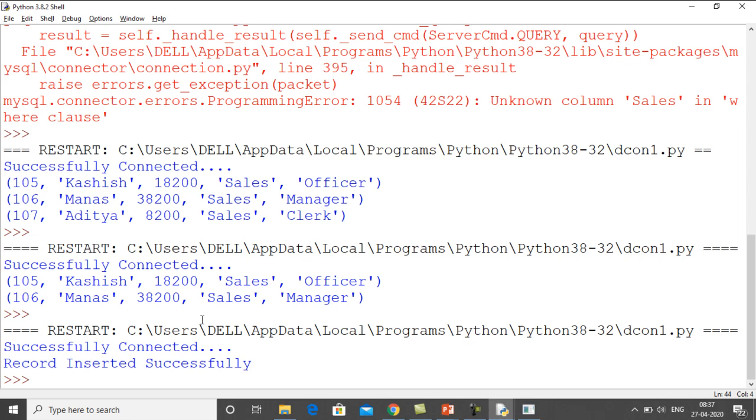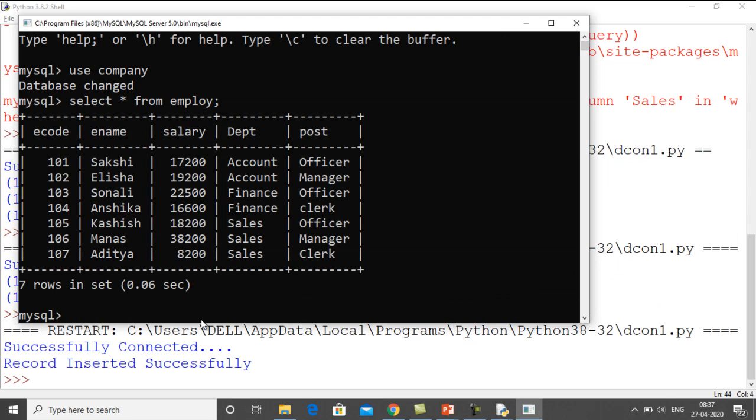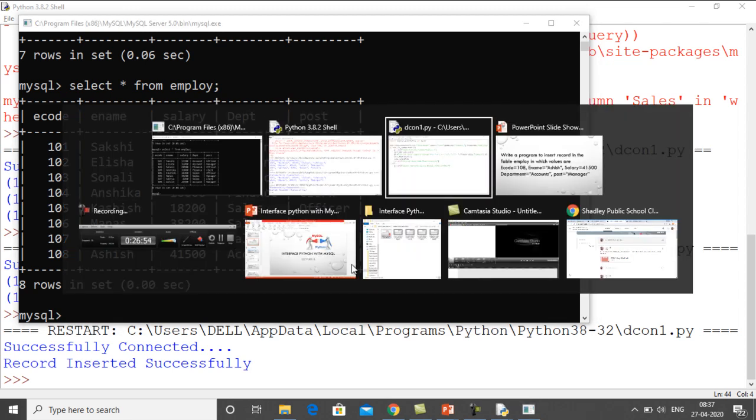Okay, so let me see whether the record is inserted in the database or not. For that I will write select star from employee. So now you can see that the record of 108 is also inserted in the table.